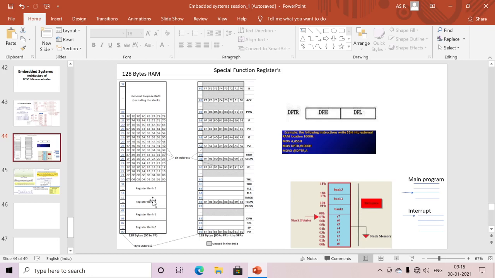I can access this data from the address as well as through the register. Register access is much faster than address access. That's why we mainly access this memory directly through the registers. By using the PSW register we select a particular register bank.